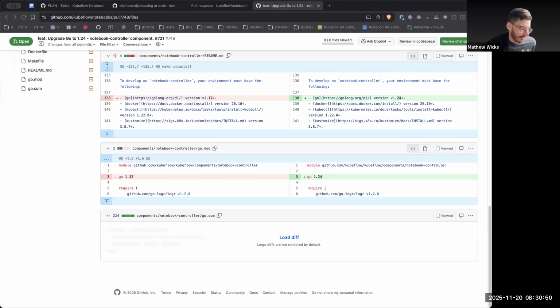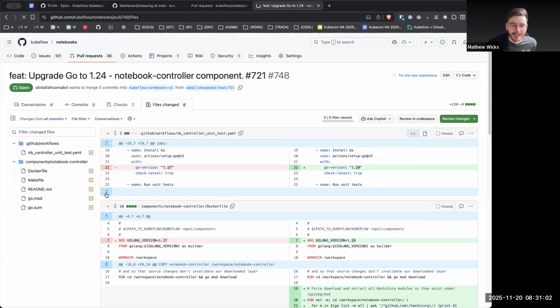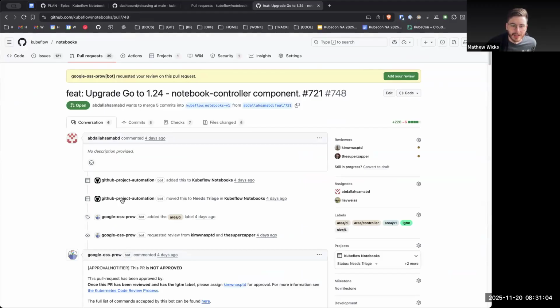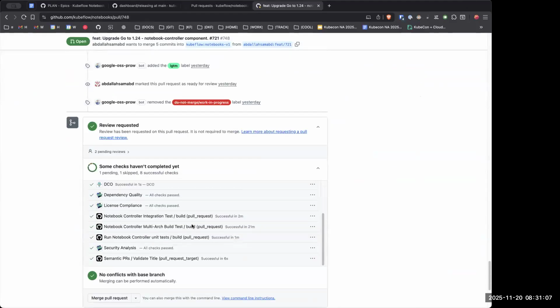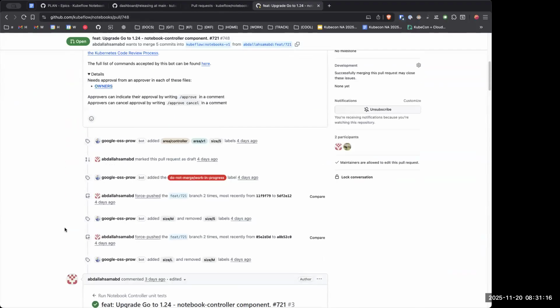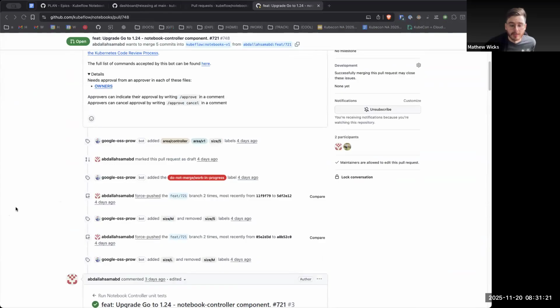Obviously Notebooks 2.0 will replace it, but if people choose to update it for security reasons, we need to make sure that the behavior is the same. So how confident are we that the behavior is the same? The tests obviously ran. Yes, you can see here, we ran all the CI stuff related to the notebook controller, and also we managed to deploy the component and create some notebooks. And if we do cut a release, there are a lot of integration tests in the manifest repo. It's a bit weird, but there are actually a lot of integration tests for the overall platform in there.